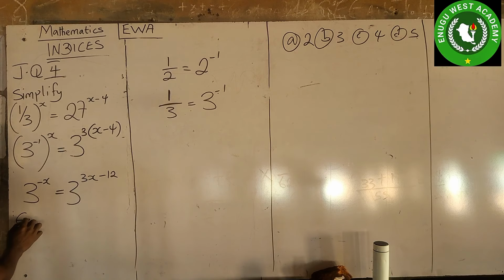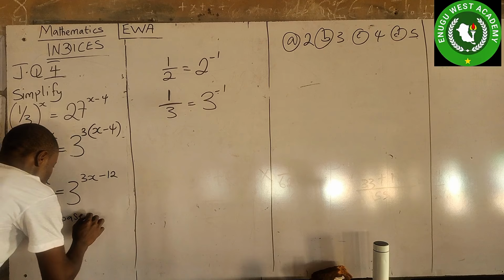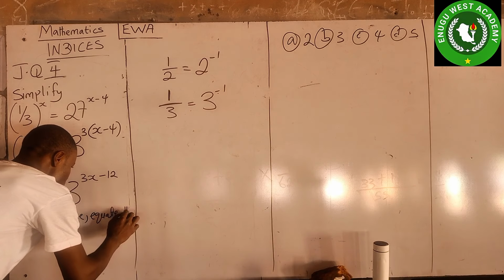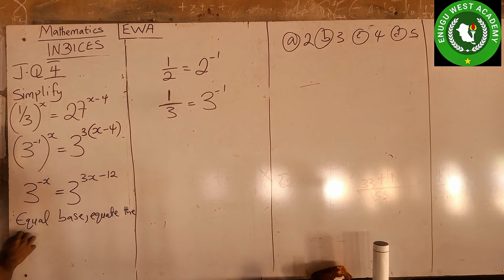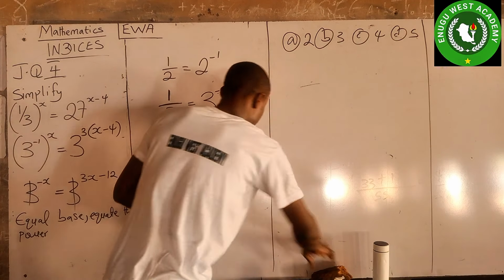Now, equal base, equate the power. Equate what? The power. Since we have equal base, we equate the power. So here, cancel, cancel. So we are being left with